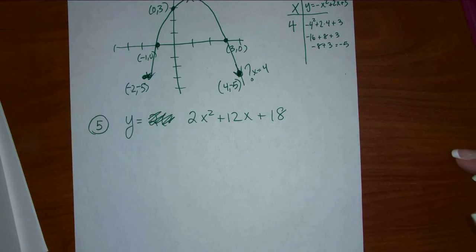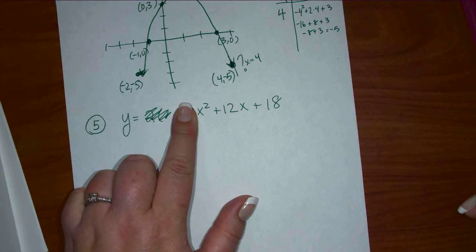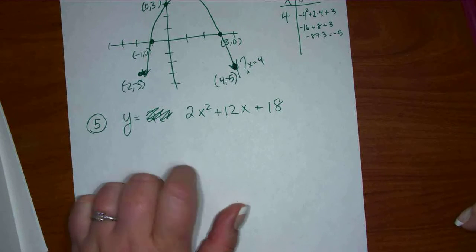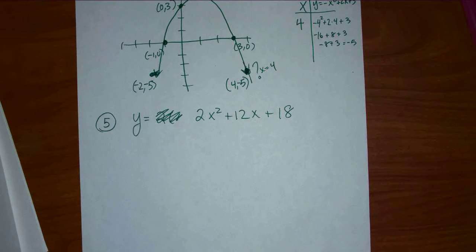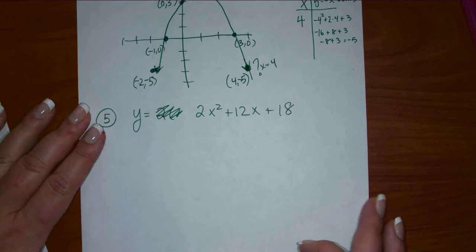Because when you draw the points, it's going to be skinnier. Right? If you find the right points, you put it on, it's skinnier. So you don't need to know that that's what happened. It's good to have some knowledge behind it. When you look at it, you say, well, it's going to be skinnier than a normal parabola. If I didn't have the 2, it would be wider, and by putting the 2, it would be narrower. But you don't need to do anything with that information because the points will tell where it is. Okay, so